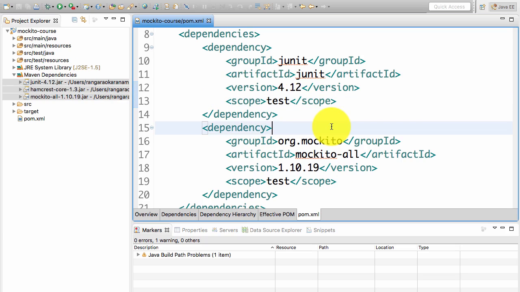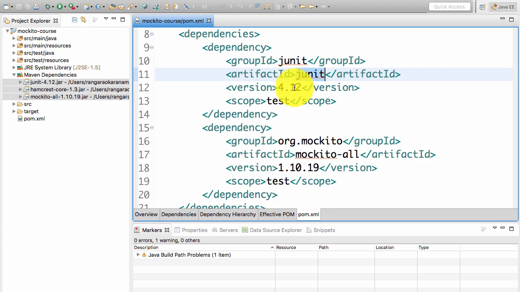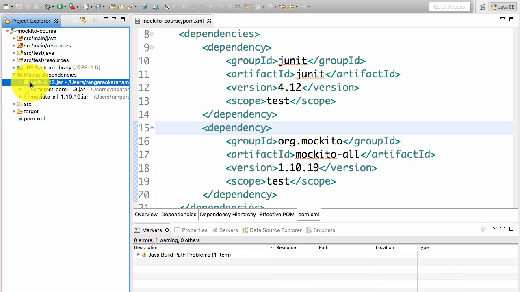And that's the beauty of Maven, and that's the reason why we are using Maven in this particular project. So instead of downloading the JUnit jar and making it available in the build path, we are using Maven's pom.xml to download these jars and make them available for us. We have a dependency JUnit and we are using 4.12 version of JUnit here and 1.10.9 version of Mockito. So these are the two dependencies which we added in, and here are all the stuff that we would need